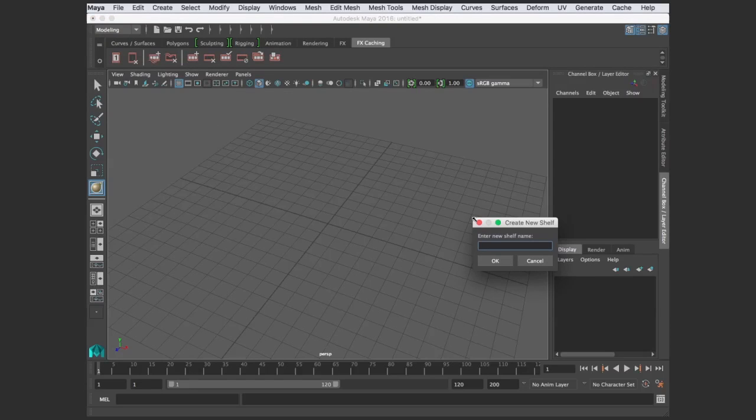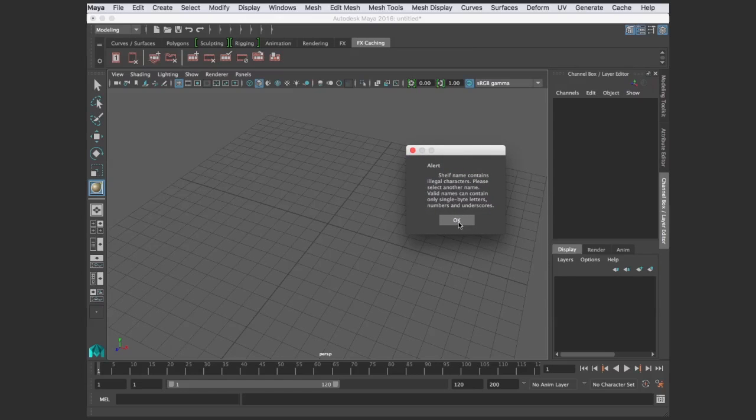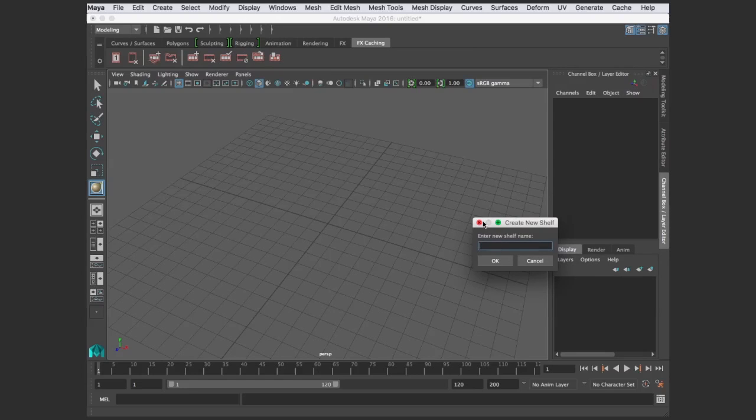I'll create a new shelf and call this custom shelf. Hit OK, and it says illegal characters. I guess I cannot put a space, so let's try that again. Custom shelf. I'm doing it again. Okay, shelf. Alright, so it allows me to put a new shelf, and what I recommend you do as a beginner,